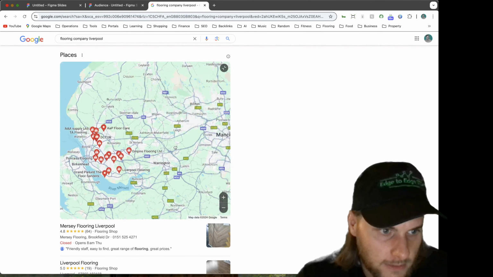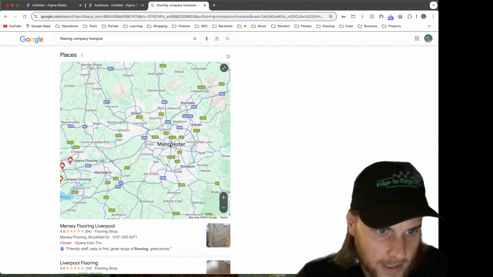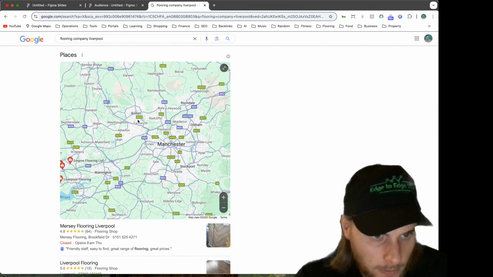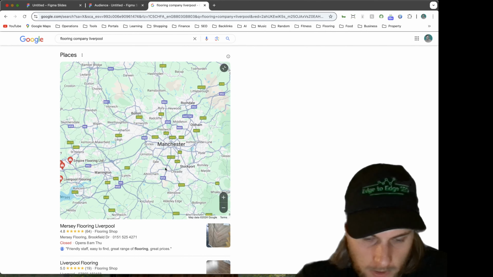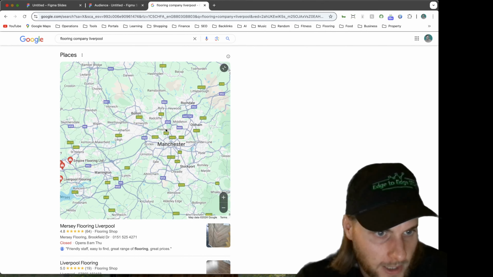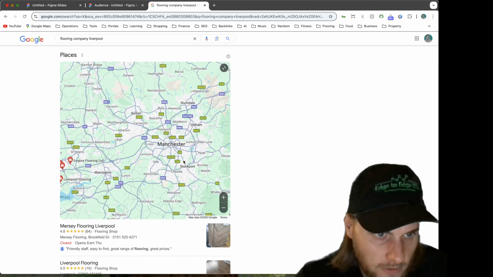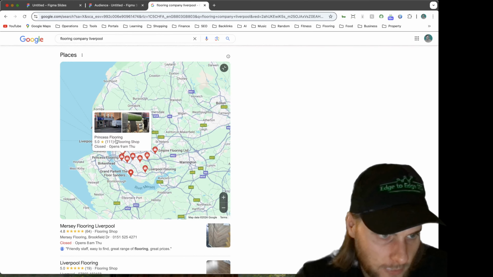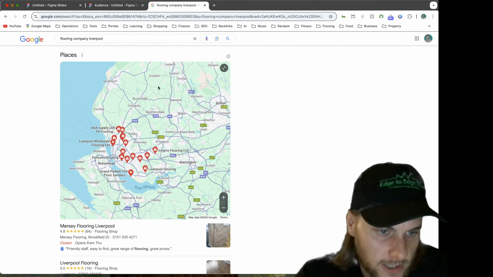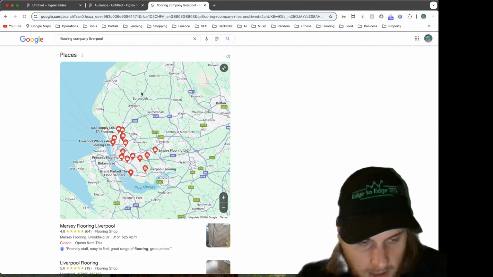If you really wanted to, for example, if you're in Liverpool and you wanted to expand into Manchester, you would need to get a Google business profile in this area. So whether you've got like a lockup or something like that, or an actual shop. You know, there's a couple of ways around it, but you'd want to be making sure that you've actually got a profile there. That's the only way you can optimize in different locations. But obviously, if you're based in Liverpool, you can try and expand that as much as you can, with some of the strategies we're going to talk about in this video.